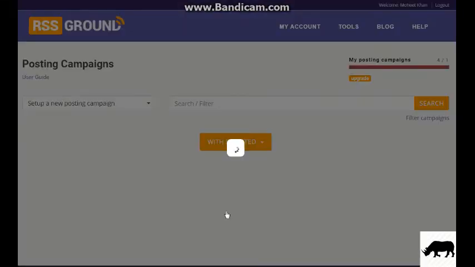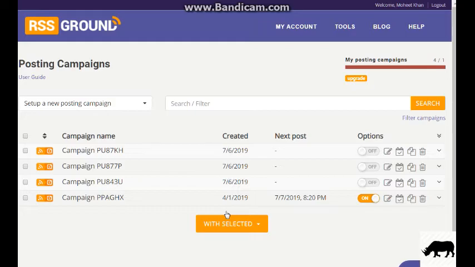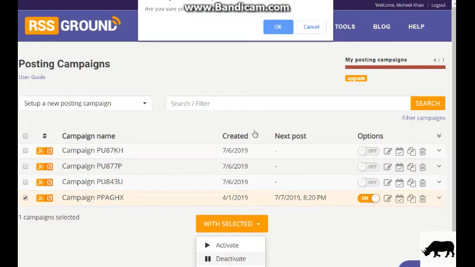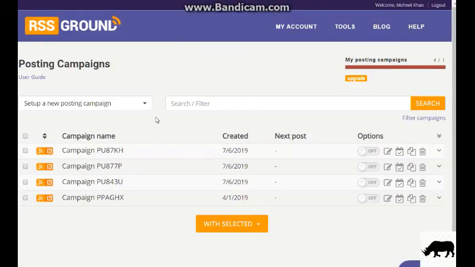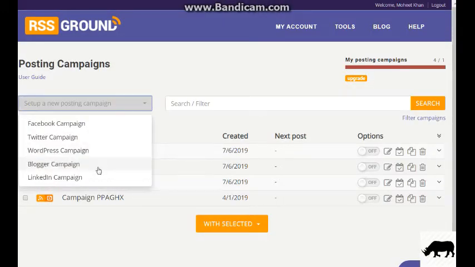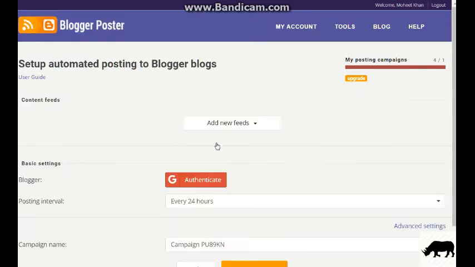But I have made a few, and when you want to make a few campaigns and then after 2 days or 3 days you want to deactivate one campaign and activate another campaign, you can do this. I select this and I want to deactivate this. It is deactivated. Now when I go to make a campaign, I want to make a blogger campaign, blogger automated posting.